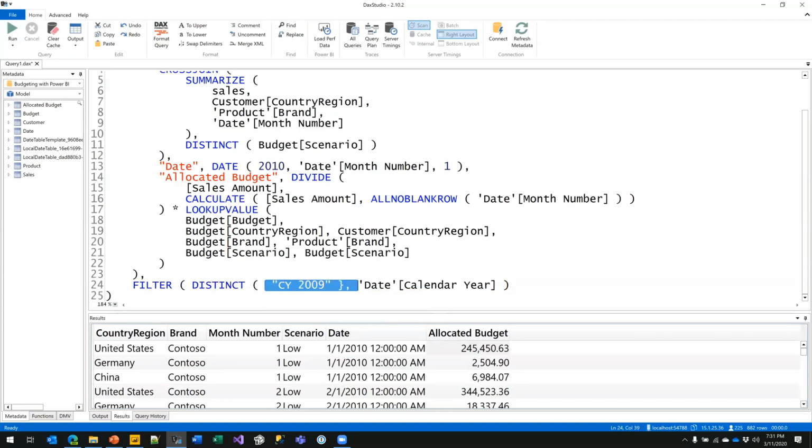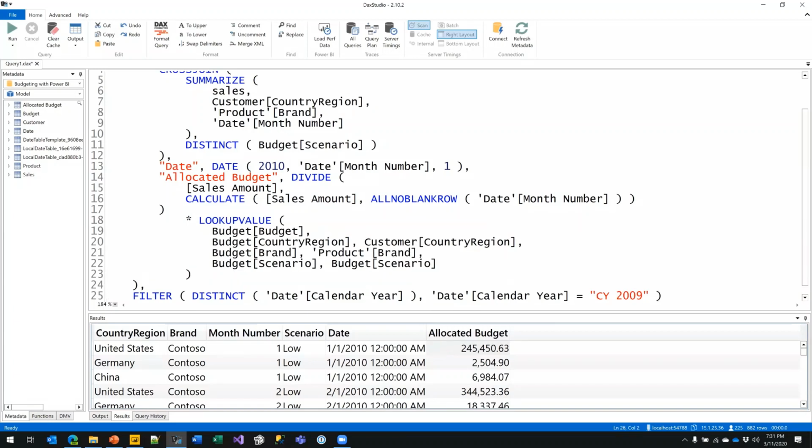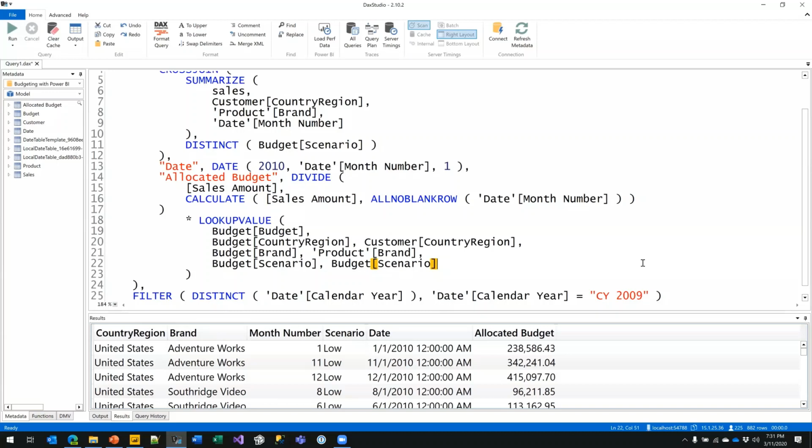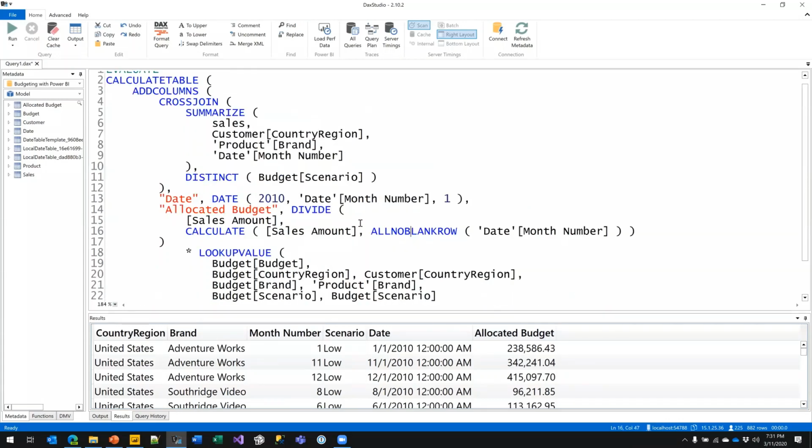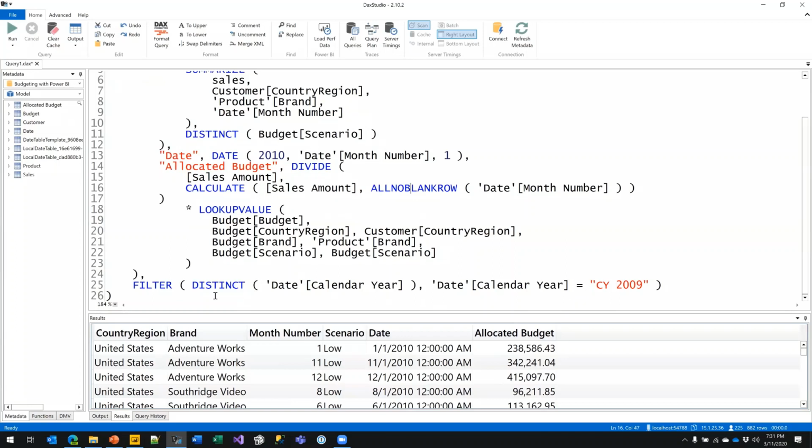Date, calendar, year, where date, calendar, year equal 2009. The result is not going to change in this case. That remove the filter, that uses this thing. But by using this syntax, I should have removed all the references to the possible blank row.